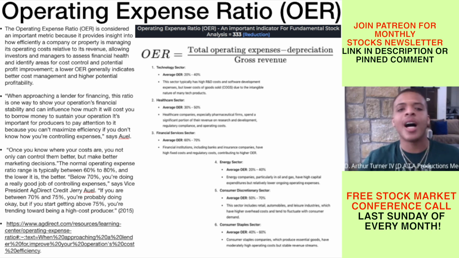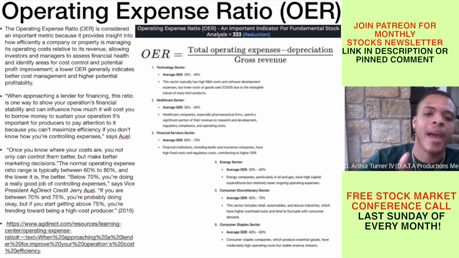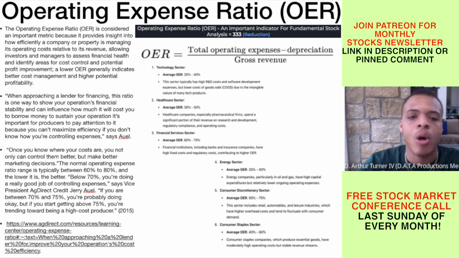A lower OER generally indicates better cost management and higher potential profitability. When approaching a lender for financing, this ratio is one way to show your operation's financial stability and can influence how much it will cost you to borrow money to sustain your operations. It's important for producers to pay attention to it because you can't maximize efficiency if you don't know how you're controlling expenses. Once you know where your costs are, you not only can control them better, but you can make better marketing